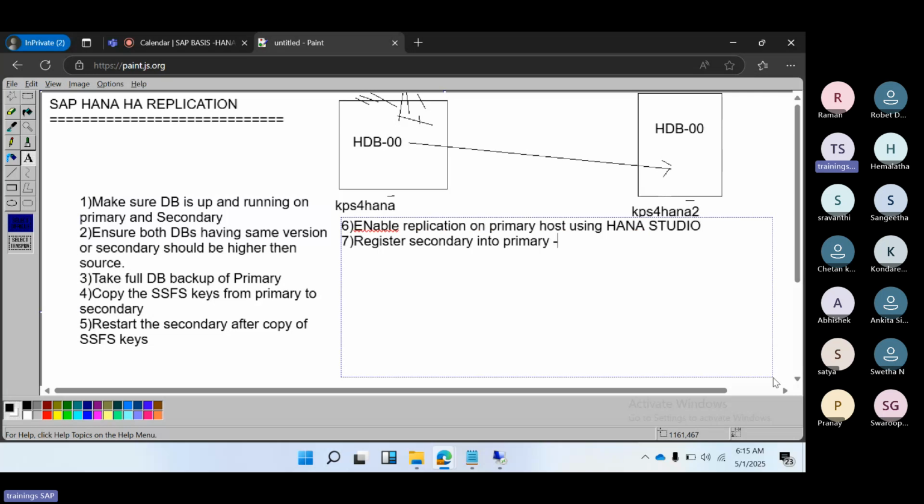While registering, we need to provide the replication modes and operational modes. We have to provide them here. I will explain what exactly these are. Then once registration is done,